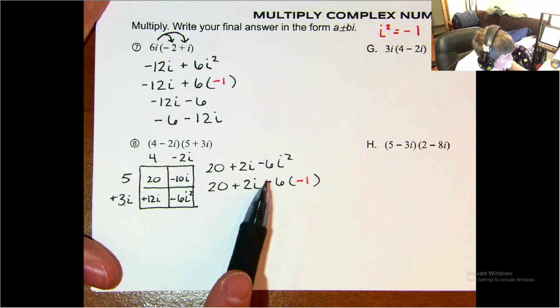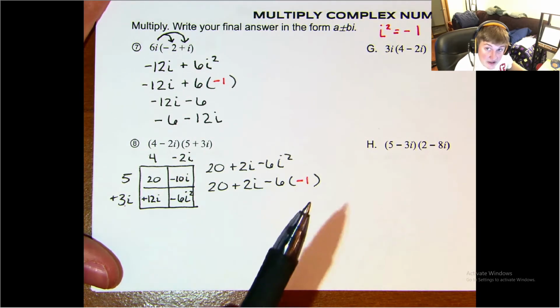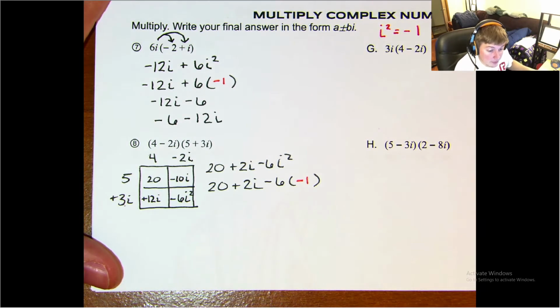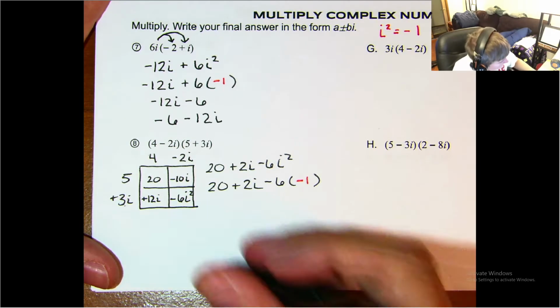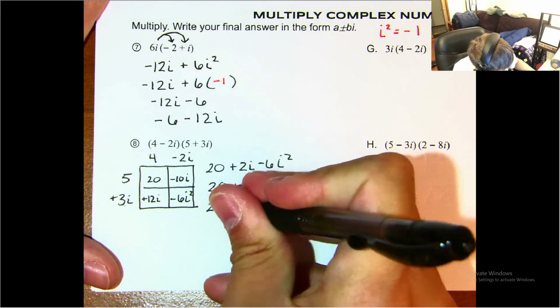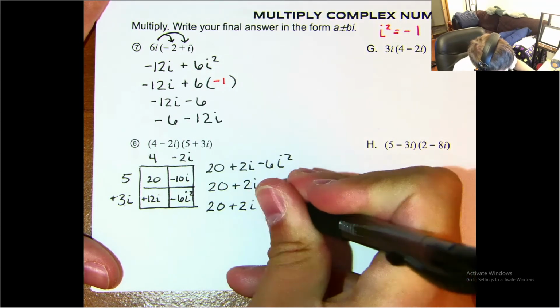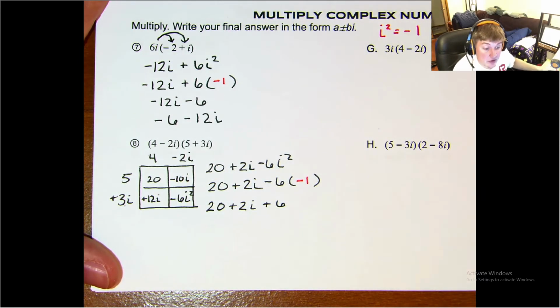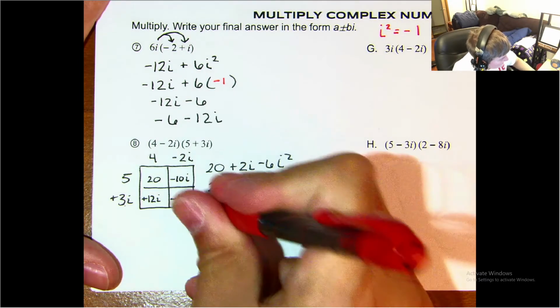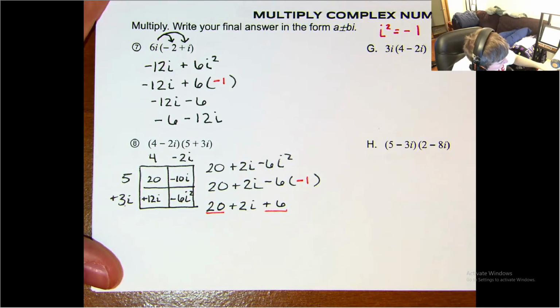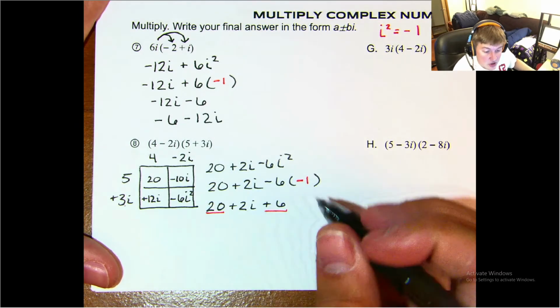Okay, so now I can multiply negative 6 times negative 1. They're going to multiply together to positive 6. And then lastly, I have terms that are alike, such as 6 and 20. Okay, so this is going to end up being 26